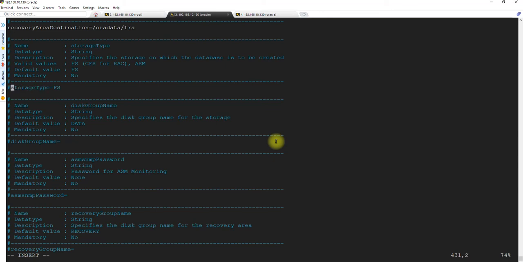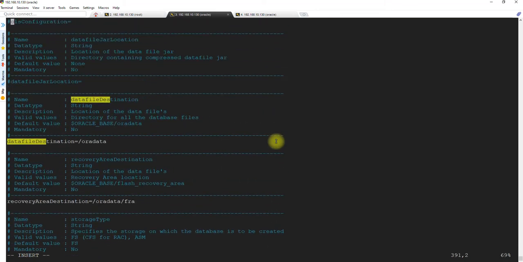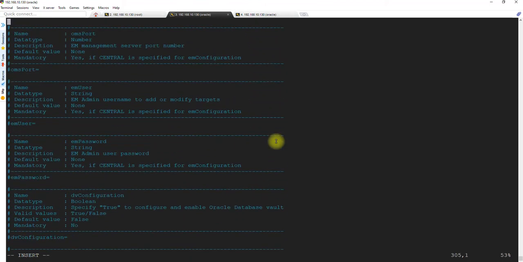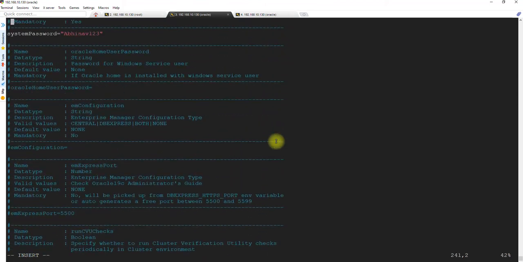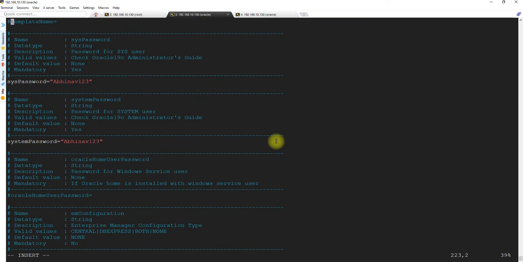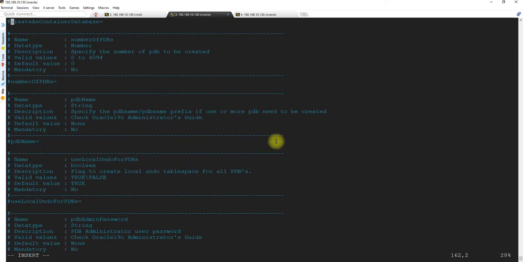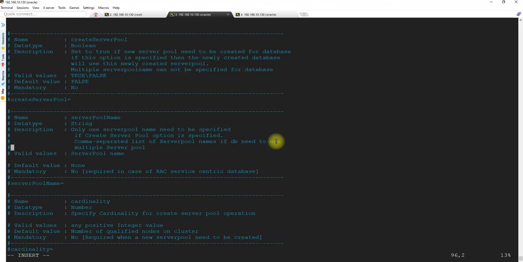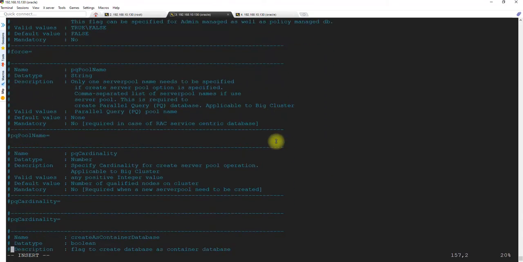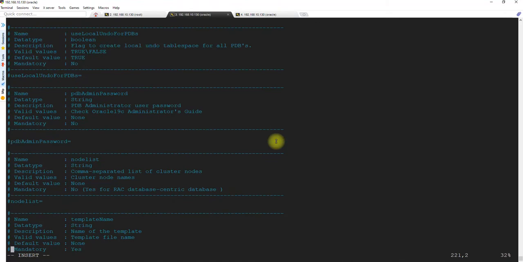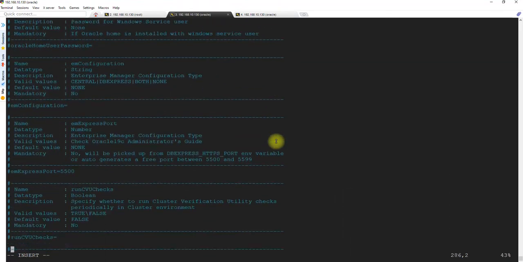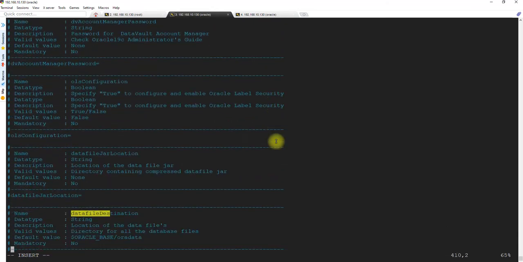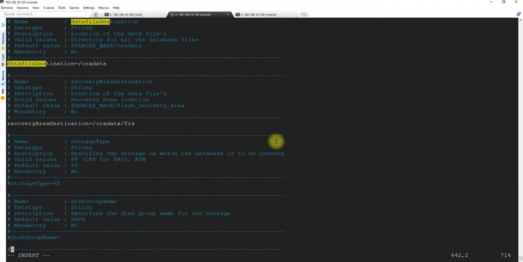Don't need this as well. Okay, so I think we have done everything properly. There shouldn't be any issue, but if there is any issue during the DBCA setup, we will try to resolve it, okay? So let's move on. Let's complete it. I'm doubtful about the quotes, but still I think that is the way to do it.